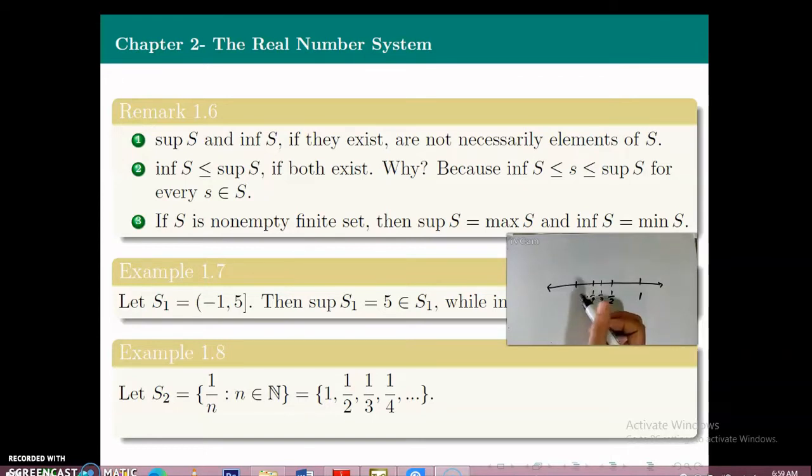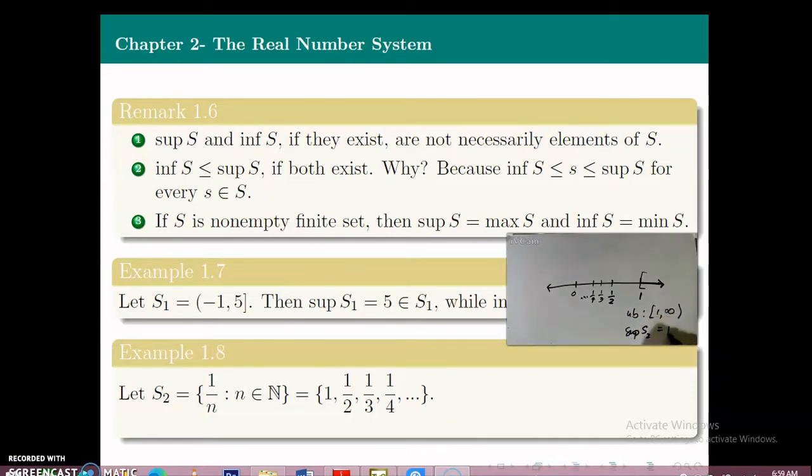So we have 0 here, but we know that 0 is not included. For the upper bounds, these are elements greater than any element of the set. We have from 1 to infinity. Therefore, the supremum of S sub 2 is the least among all the upper bounds,